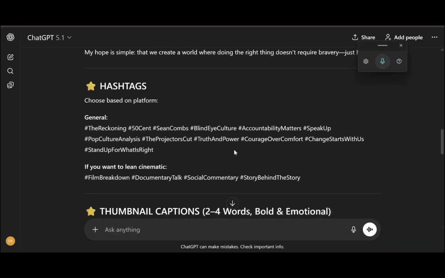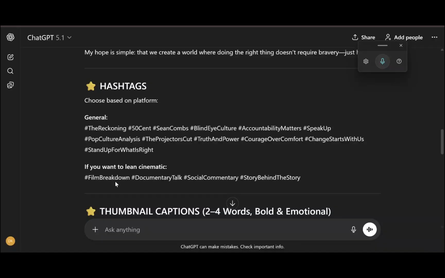So look at this. Then you got a set of hashtags you can use. It's cautioned me about using too many in the past. It's told me to use no more than 3 to 6. So even though it's given all of these, I can just choose a few from this. I wouldn't copy and put all of these. In the beginning, I was. And I don't know if it knew I was doing that. So it started telling me, hey, you may only want to use 1 or 2, 3 or 4 or 5 of these, but don't copy 12 of these and put in your thing. YouTube doesn't like that, apparently.